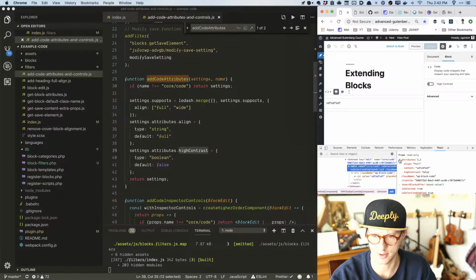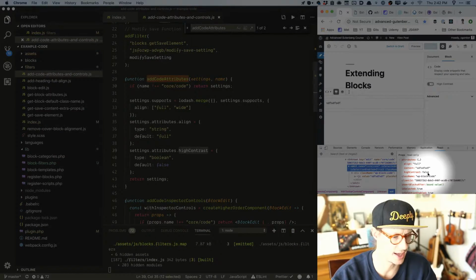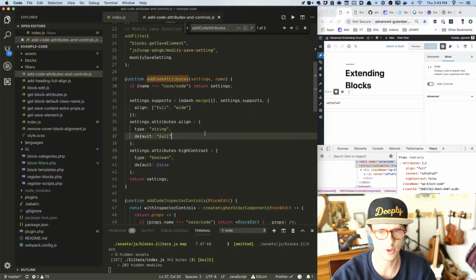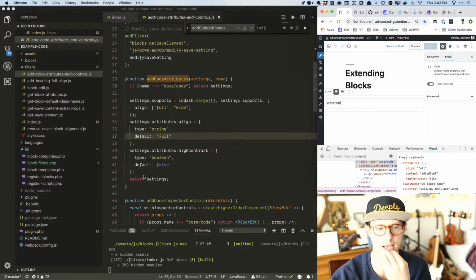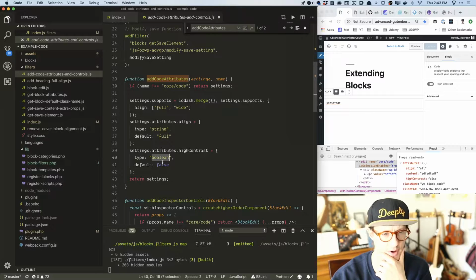Let's see if this is it. Attributes. Okay, so it has this attribute. Cool, so that works. I don't know if you could see that, but it is showing high contrast to be false. Okay, so those are there, but why isn't it being saved? Because any attribute, if it has, well, this is a question. If you have a default value,